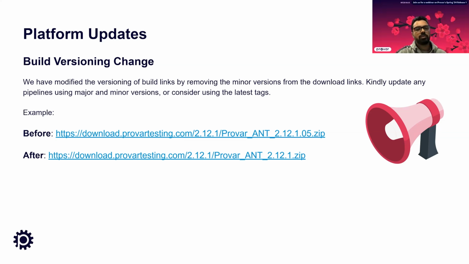You don't have to worry about it, but this change is more to the DevOps pipeline. So if anyone has used major and minor version as a part of their DevOps pipeline to configure and download the builds, so we have made some changes in the download URL where now with starting this release, we will not mention the minor version as a part of build link. So if you see the example, the first one, this is how we used to produce the download link, and in the build name, you see we have